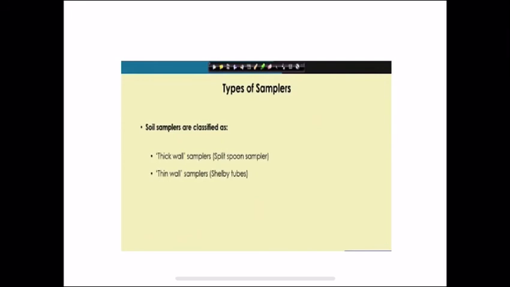We also discussed that we can collect the soil sample by boring, and also by using the sampler tube. So these are the two kinds of samples, undisturbed and disturbed soil samples, and these methods are used to collect them. So will you get the disturbed soil sample, or will you get the undisturbed soil sample?